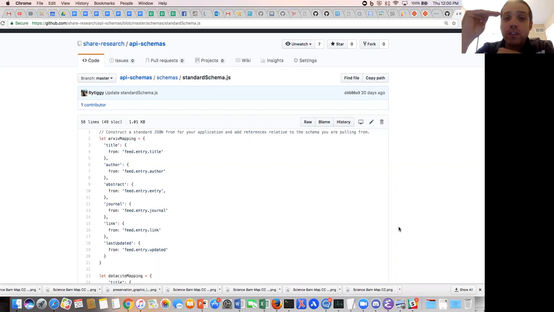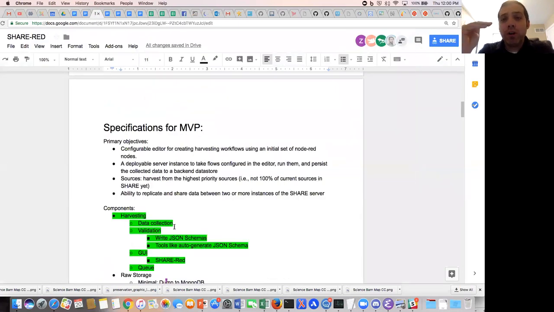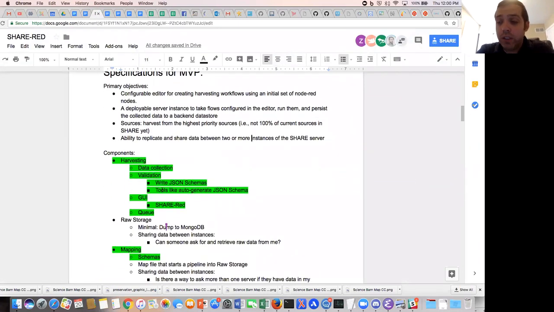What are the components, for example, in Node-RED that we need to make it really easy to extract these things, to do this stuff? Well, we need, for example, an OAI harvester. We shouldn't have people just parsing raw XML from an OAI feed. We should have an OAI harvester that takes in the sets of information you want and blacklists the ones that you don't, and does all of that parsing somewhat automatically. Now that would lower the barrier to entry to write an OAI harvester.